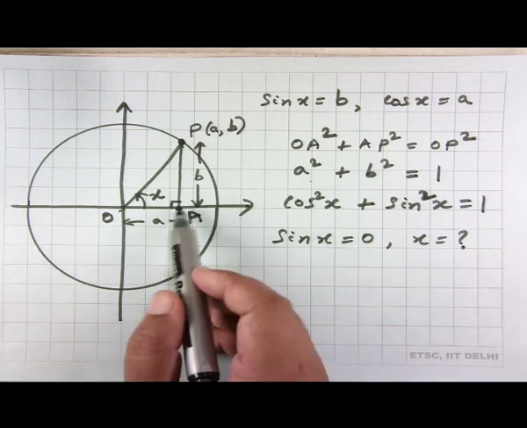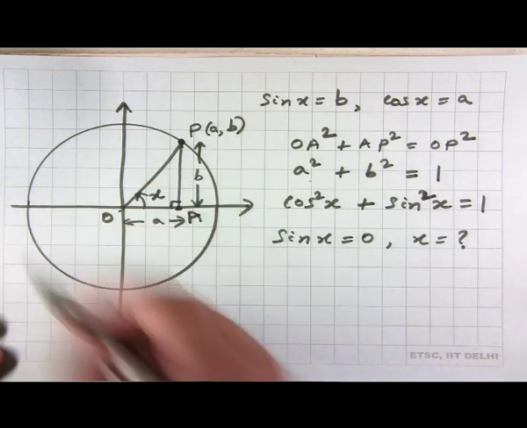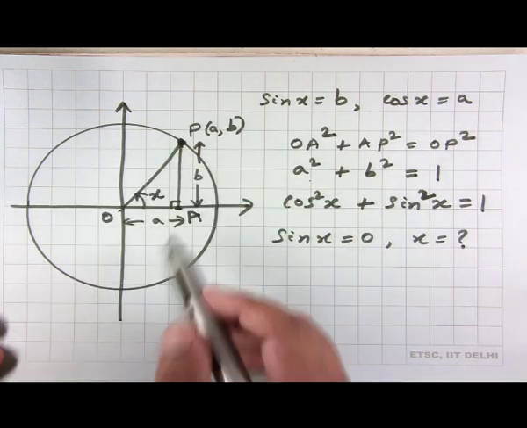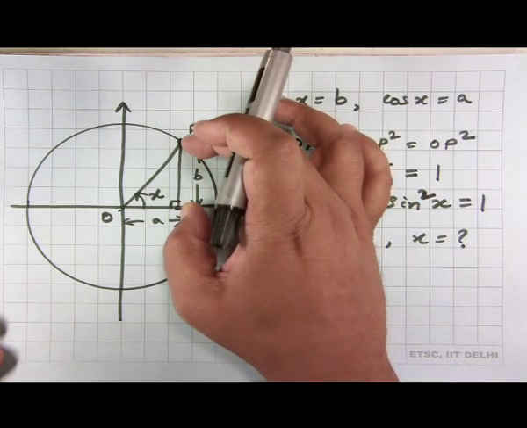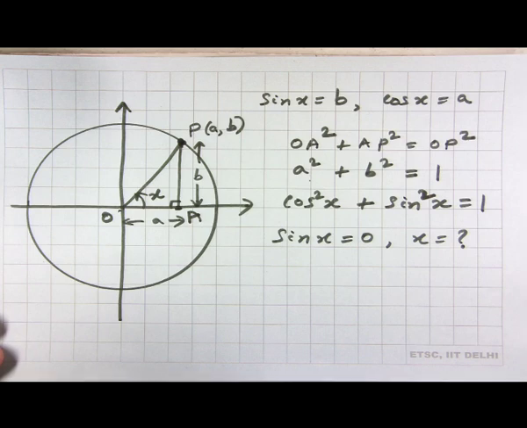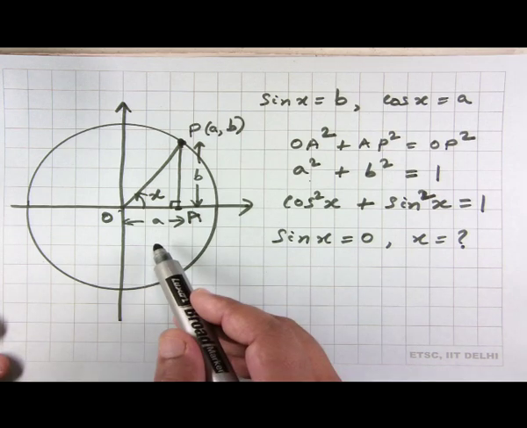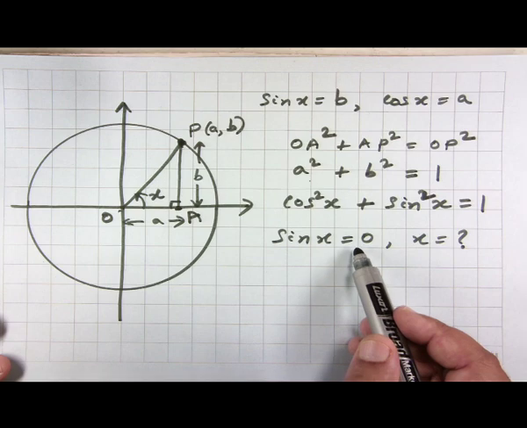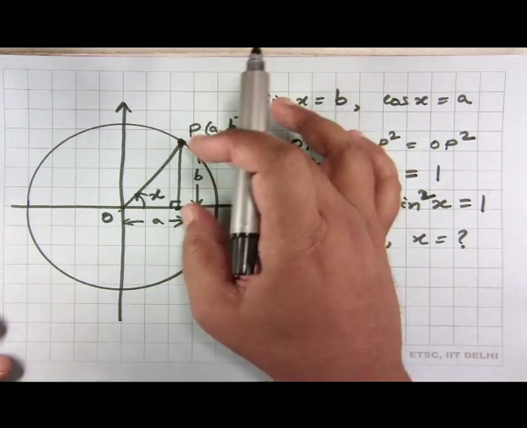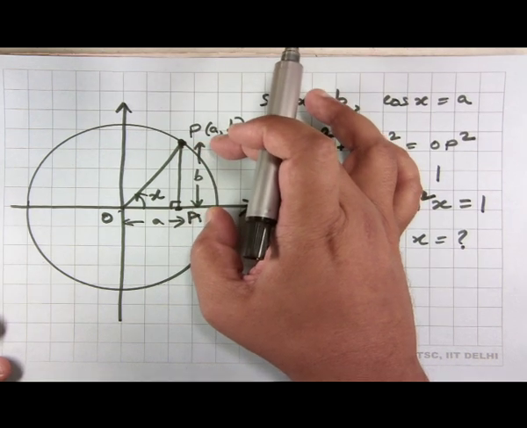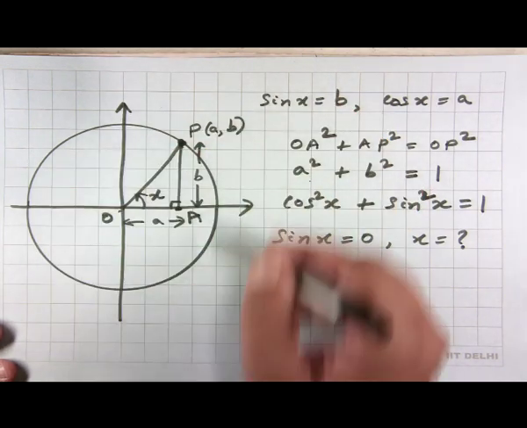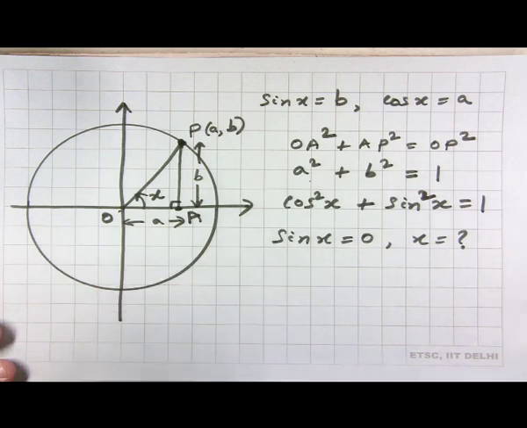If you again look at this circle here with points on the circle, sin x is equal to the y coordinate of the points on this circle, x being the angle of rotation. So, sin x equal to 0 basically means that we want to find out for which point it happens that the y coordinate becomes equal to 0. So, of course, if you look at this circle and all the points on the circle, there are only 2 points where the y coordinate is 0. So, one is this point here,